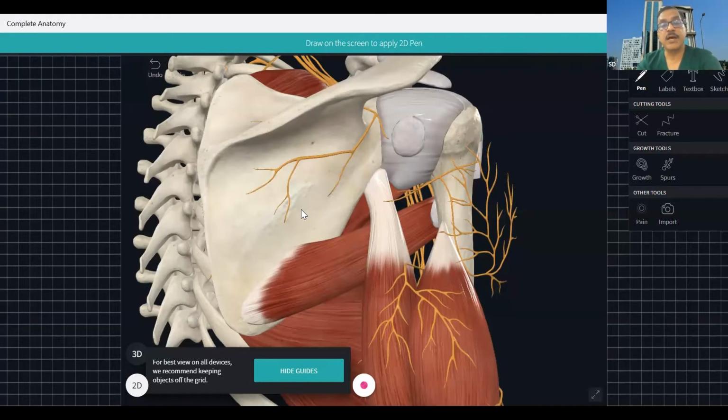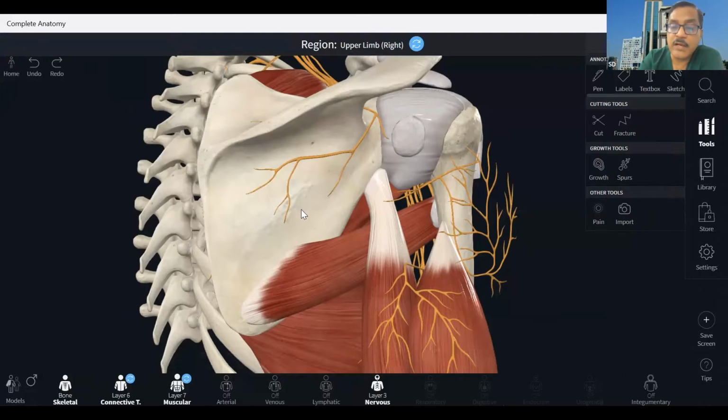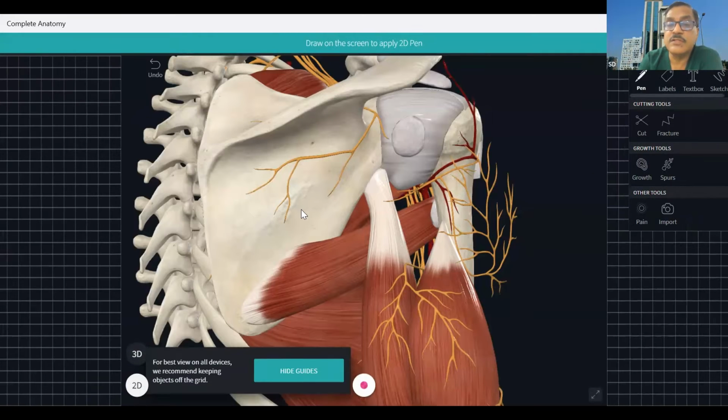So another important thing here, what I'll be showing you as well is, let me add the vessels also, arteries. So here, this nerve is your axillary nerve. This is the quadrangular space where we'll be able to see it, at the junction of the head and the shaft. At that junction, just below the teres minor muscle, in this quadrangular space we'll be able to see this axillary